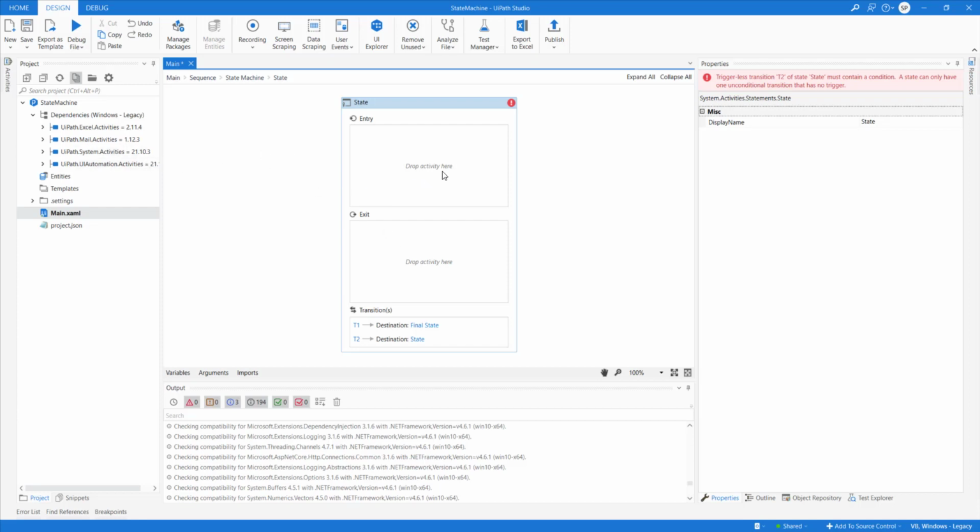Whatever task you need to do, you can drop it here or here. And then you have transitions. If something happens, you need to move to the next state. If T1 happens, you go to the final state. If T2 happens, you go to the next state.